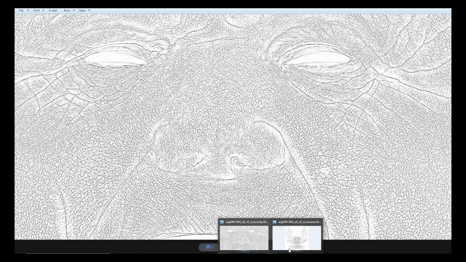So we have this one, and also we got this one, which is the ambient occlusion,